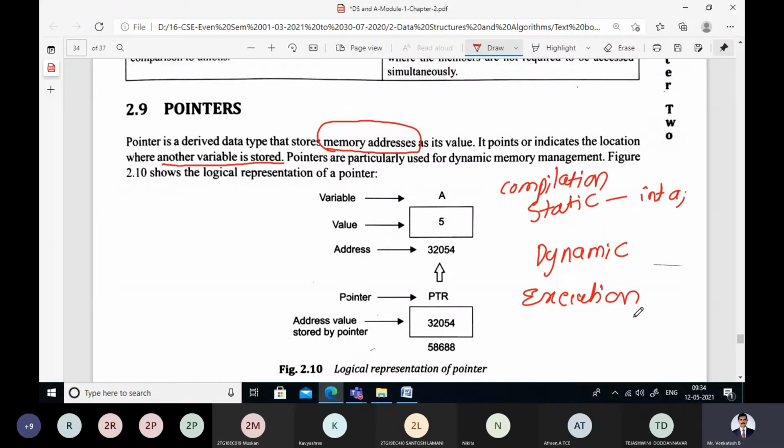If you want to allocate memory for any variables during execution, we go for using pointers. Now, this figure is going to explain how pointers work, or what the functionality of a pointer is. Usually we declare normal variables.